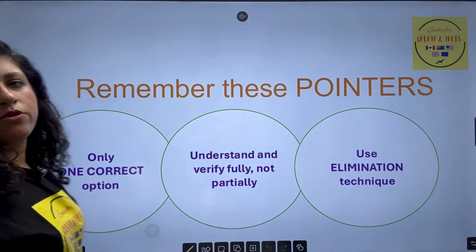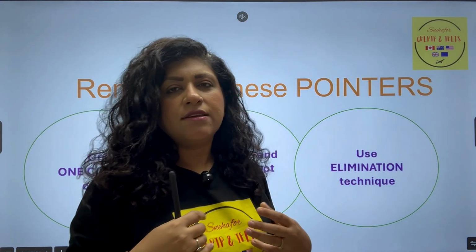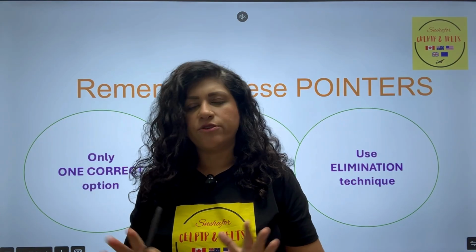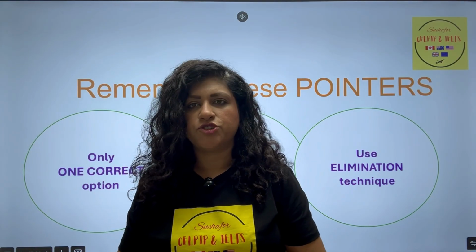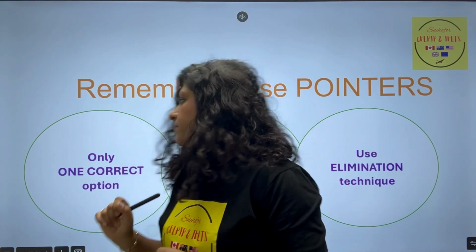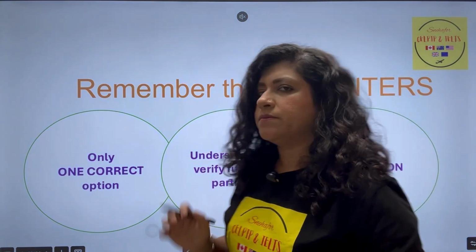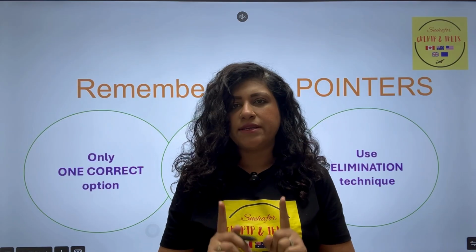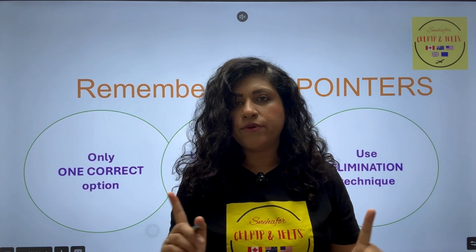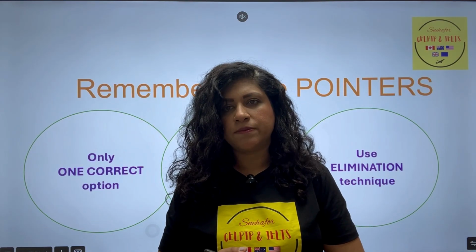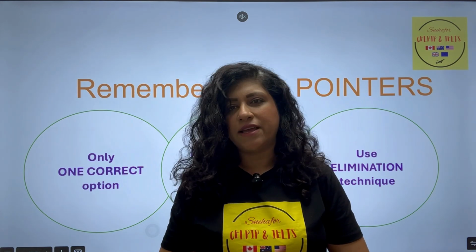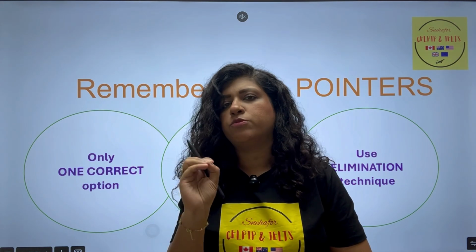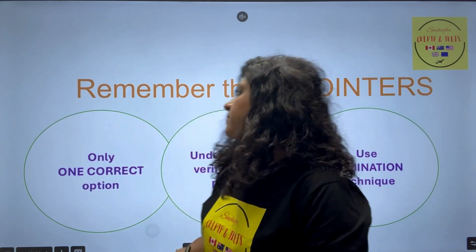Now, when we talk about multiple choice questions, before we actually start solving them, there are certain pointers that you have to keep in mind regarding multiple choice questions. And these are: number one, only one correct option. Please note that in your MCQs, there can be only one correct answer. There cannot be two correct answers to one question. It's only going to be one correct answer. And you have to fill that particular number or alphabet of the option as your answer. Then,